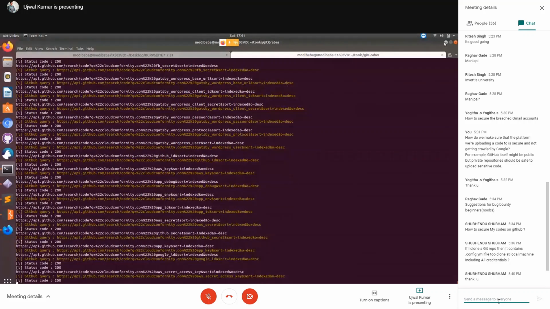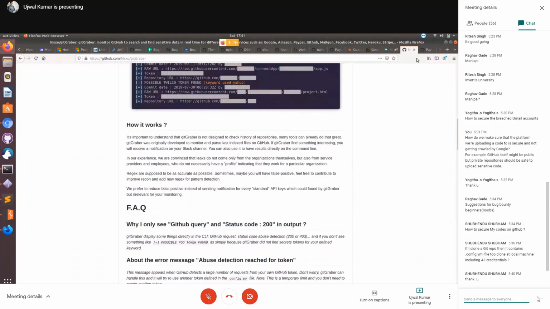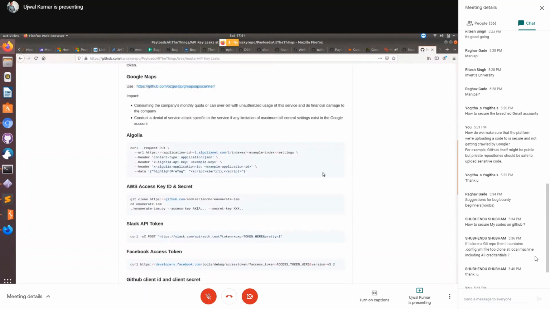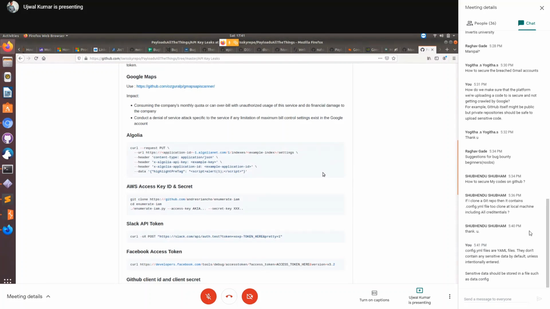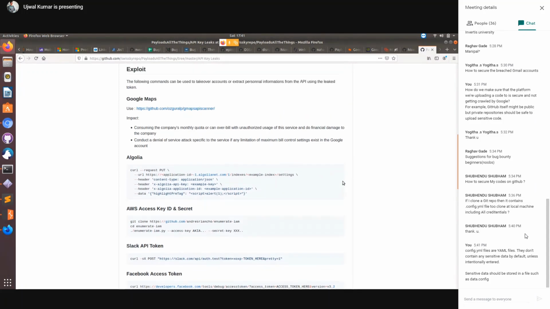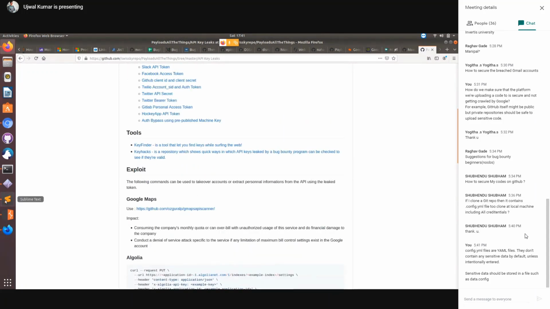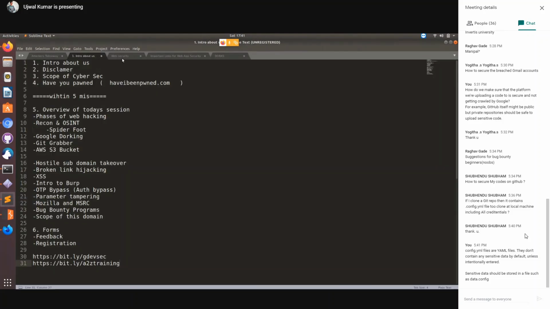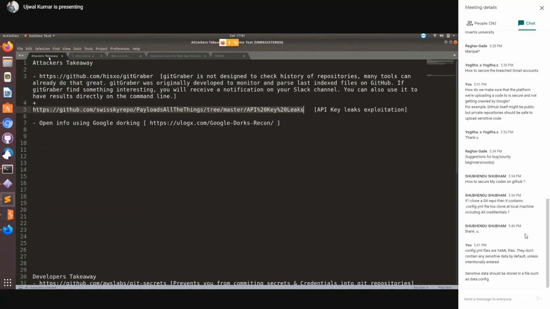Cool. So as developers, you should not put any sensitive data in your repos. Yesterday itself, Abhijit was telling me about the practical side. I remember I had found a repo which does not allow you to put sensitive data to your GitHub.